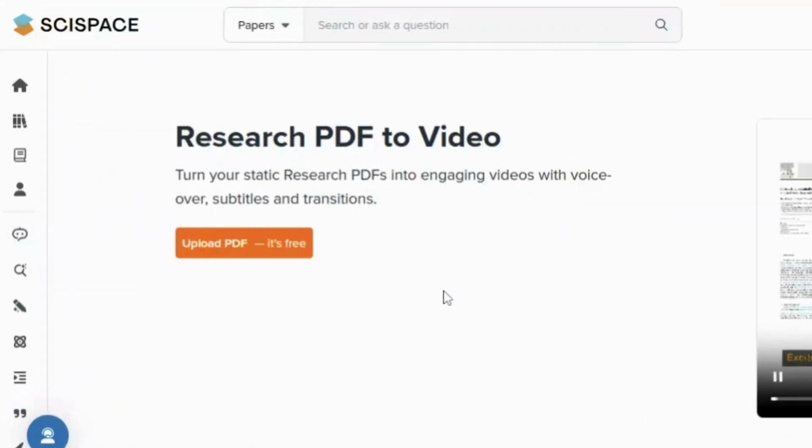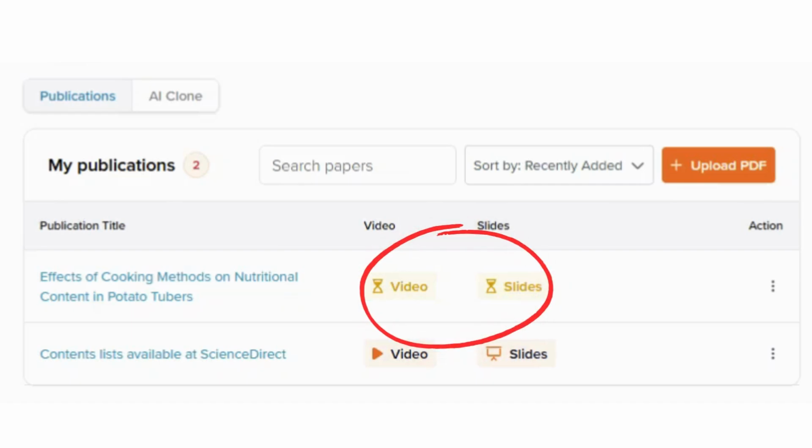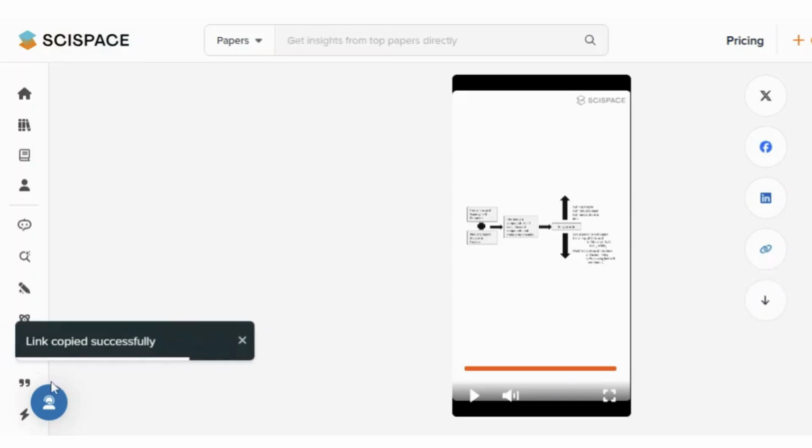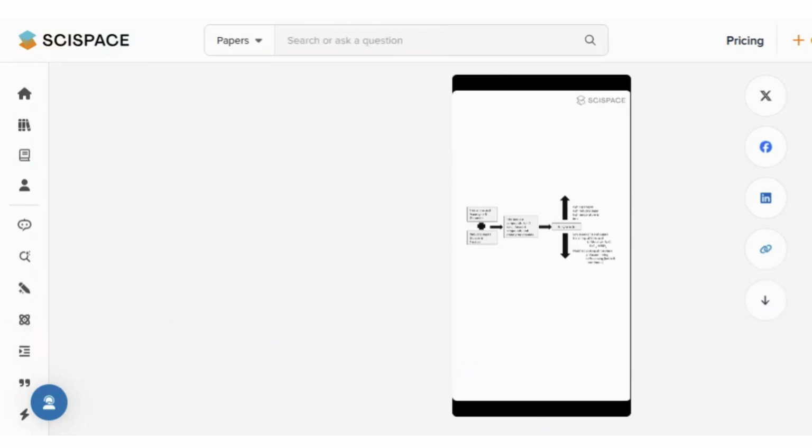SciSpace PDF to video is more than just a tool. It's a way to modernize how we share and engage with research. Whether you are an early career researcher or a seasoned academic, this feature can save you time while amplifying the